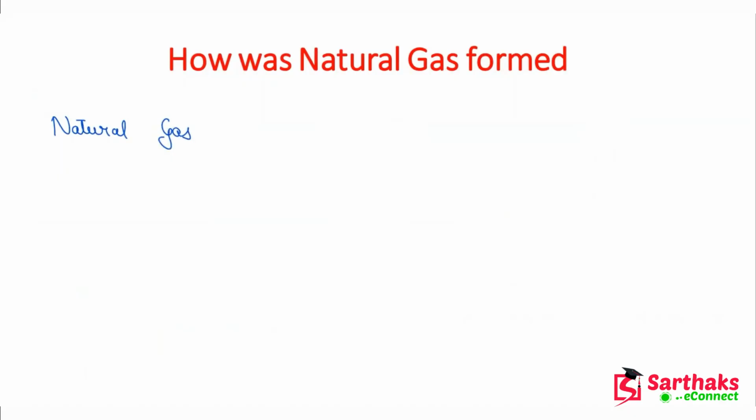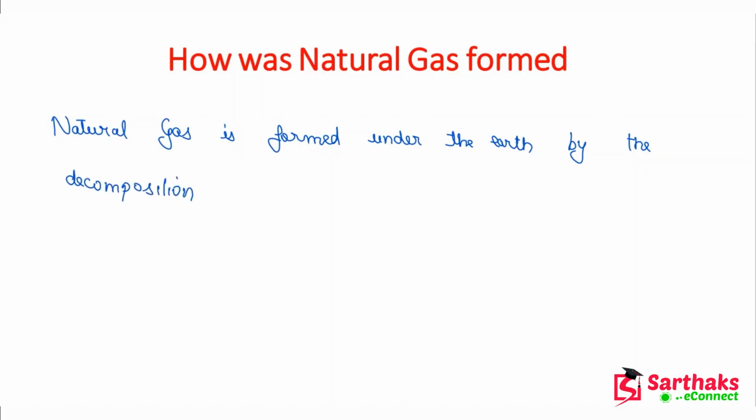Natural gas is formed under the earth by the decomposition of vegetable matter. All the vegetable matter that is lying under the earth, it is formed by the decomposition of that. So this is formed by the decomposition of vegetable matter,